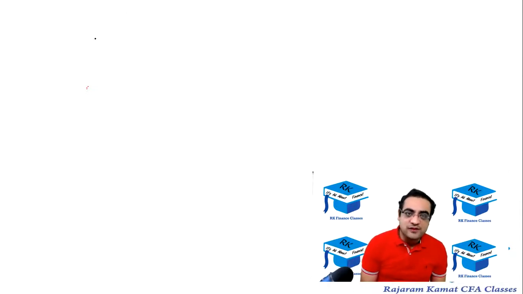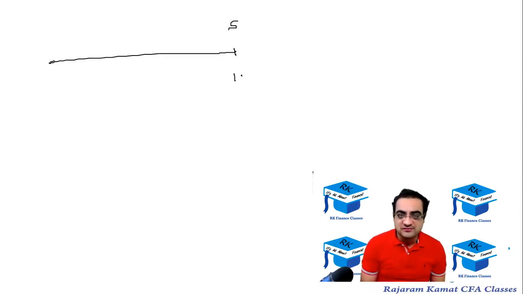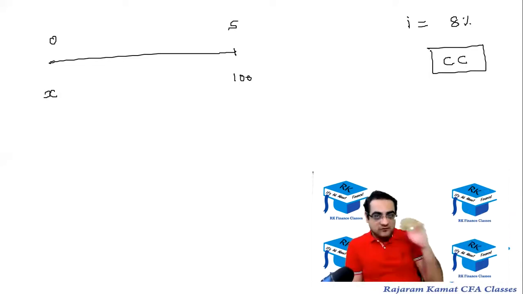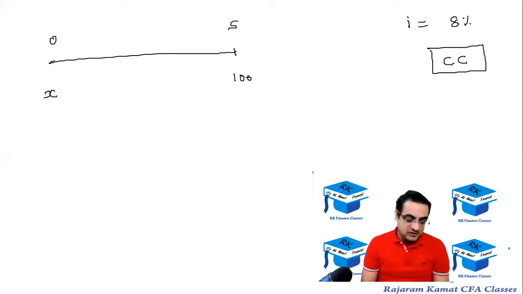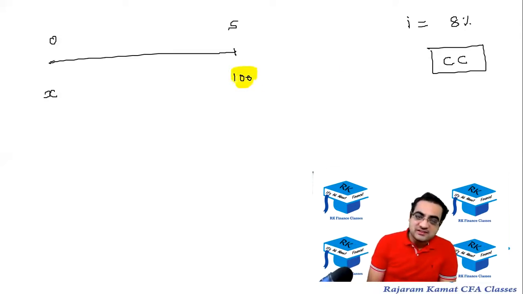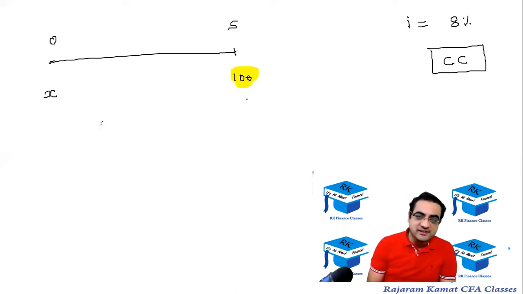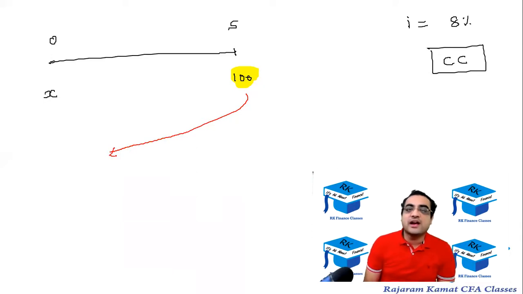At the end of the 5th year, I want 100 rupees. How much shall I save today, if the bank is offering an interest rate of 8%, but continuously compounded? So that's the new thing. New matlab humne last time bhi kiya tha, but for compounding, we didn't do it for discounting. So what we need to do is this 100 rupees, we need to take it back from year 5 to year 0. And for that, we have to discount, that is divide. So 100 rupees has been taken back.